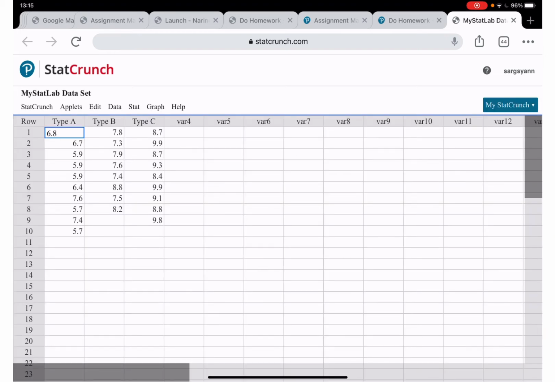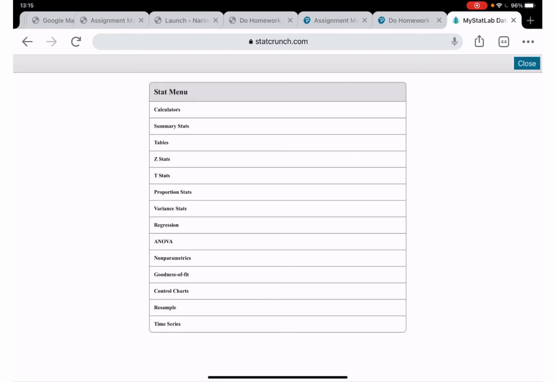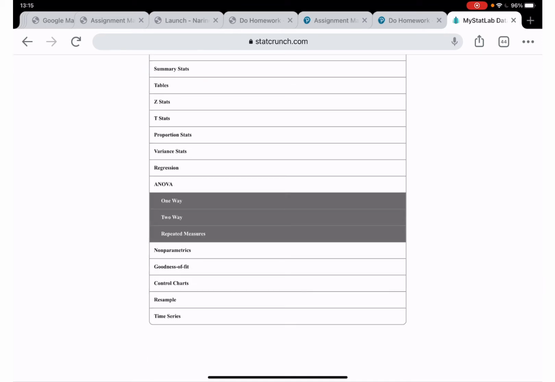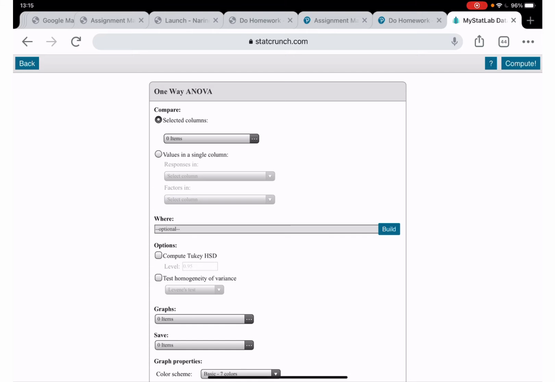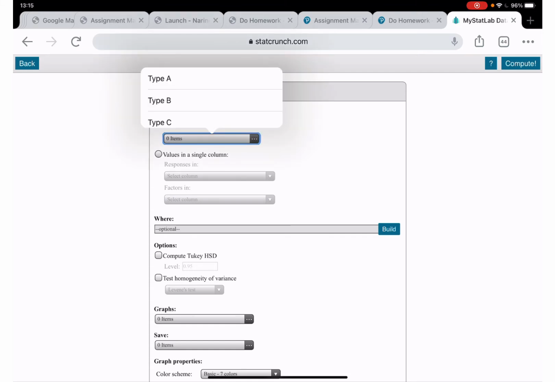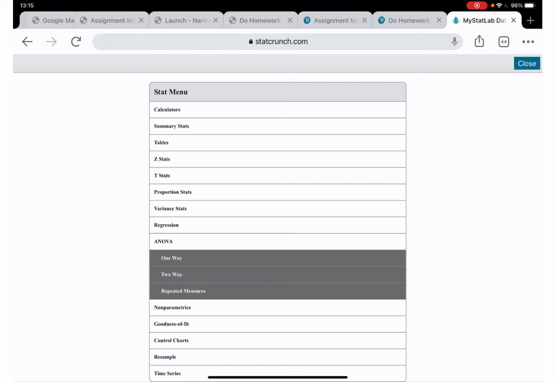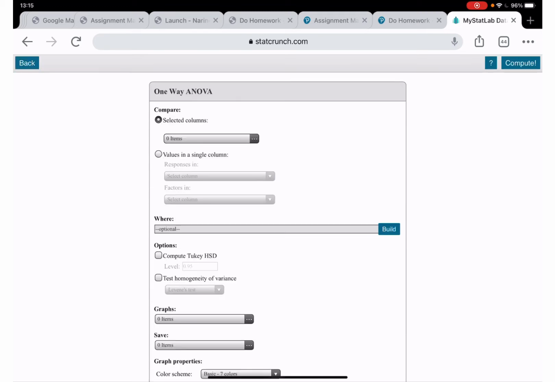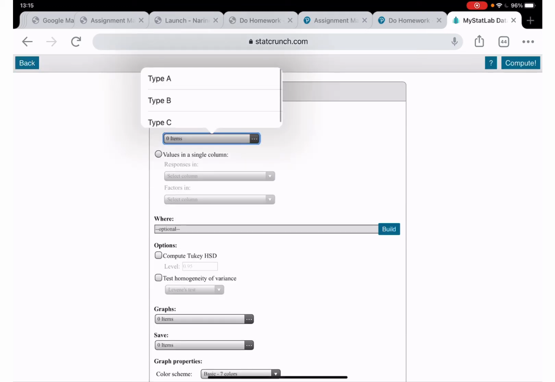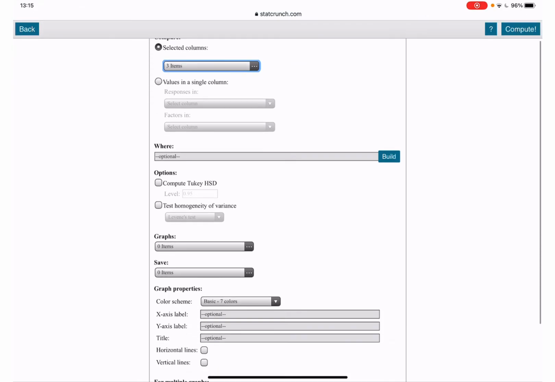Okay, we go to Stat, ANOVA, and we choose one way. Okay, so columns, did I choose one way? Let me go one more time. One way. Okay, we are choosing A, B, and C. Okay, 3 items, and we go to